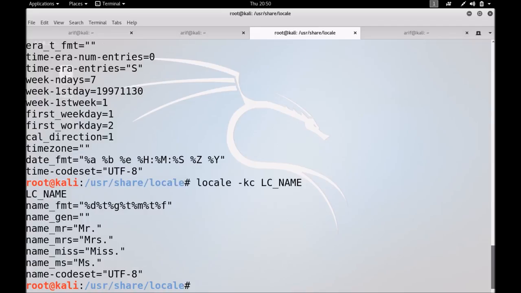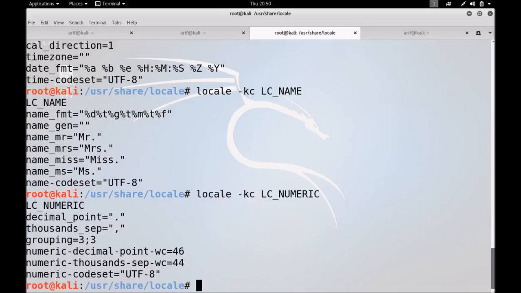Name. Well, this is something less. So whether it is Mr. or Mrs. or Miss, and what is the code set? Some things which are simple and some things which are not. We talk about numeric. So decimal point, thousand separator, grouping. So a lot of information about this.